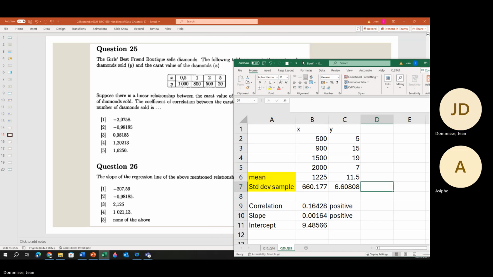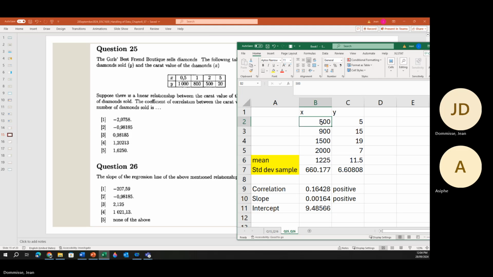Here they tell us x is 0.5, the y is 1,000, x is 1, the y is 800, x is 2, the y is 500, x is 5, the y is 20. Okay, because this is a built-in function connected to the data,